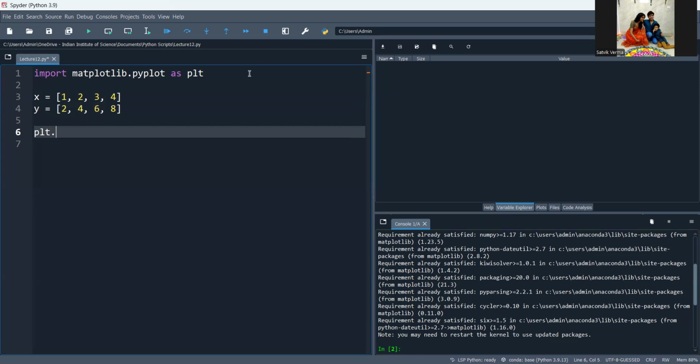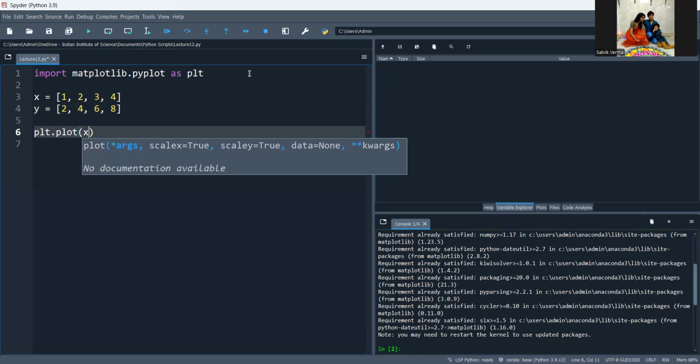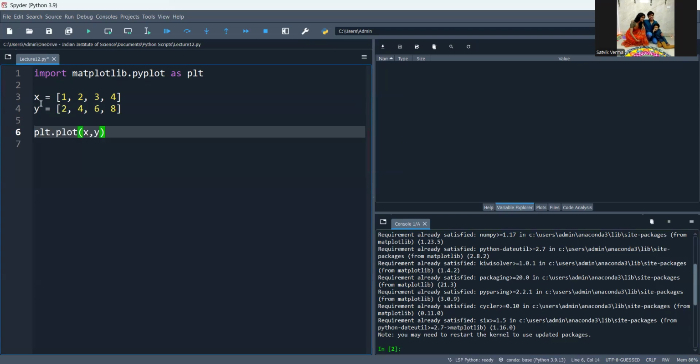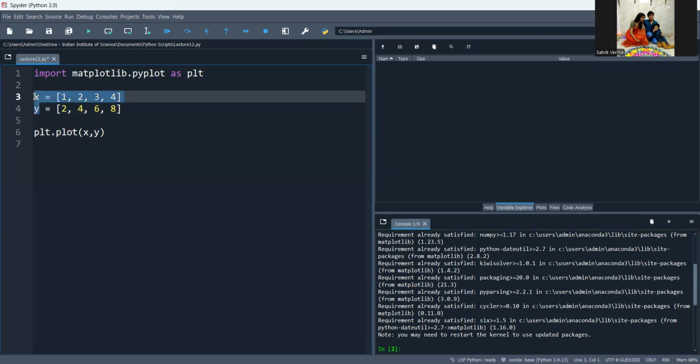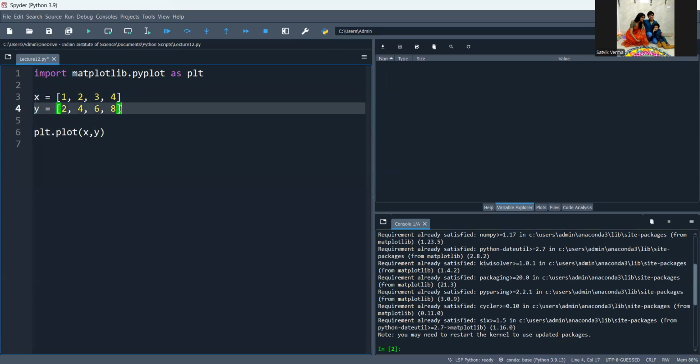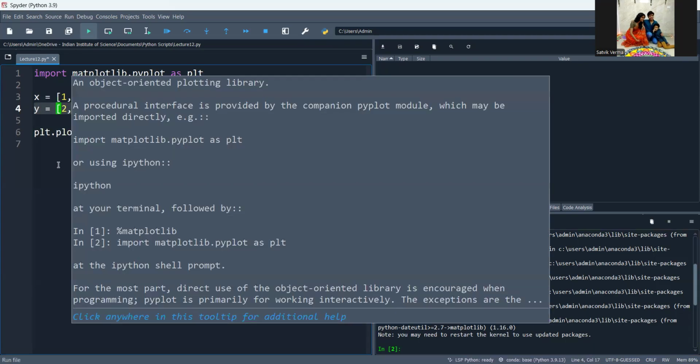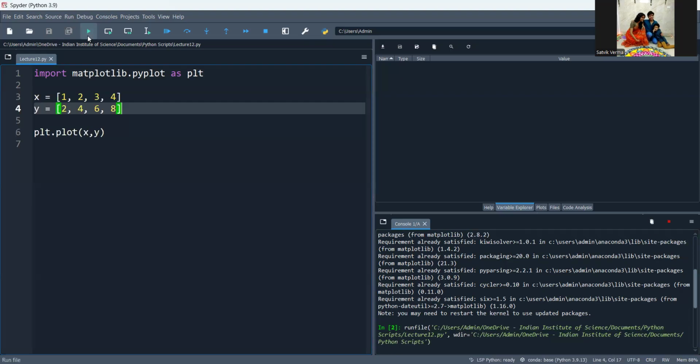So I'll say plt.plot(X, Y). Now remember, Y is just twice of X, so we'll see a straight line here. Y equals 2X. And when I execute this,